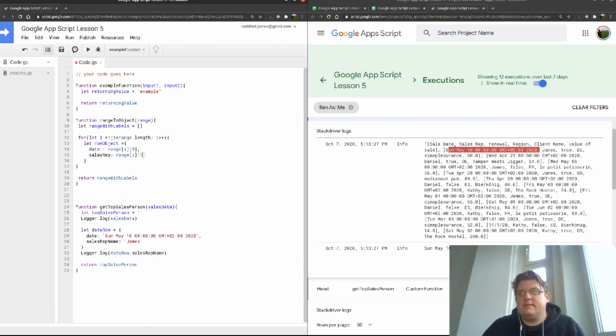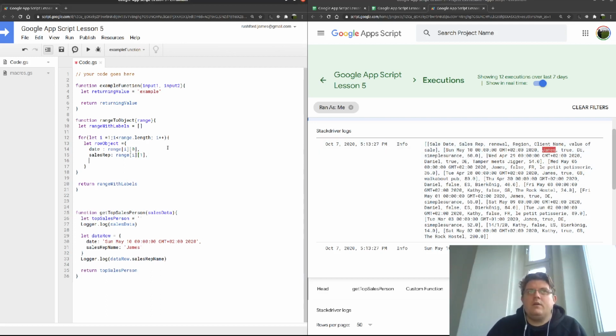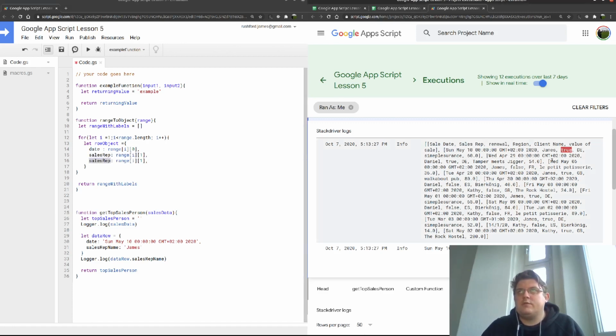That is this row, the second item, so comma, this is our second item, James, sales rep is James. So the next item is renewal. Is this a renewal or not? So this is a little bit different. So this is a true or a false. It's also called a